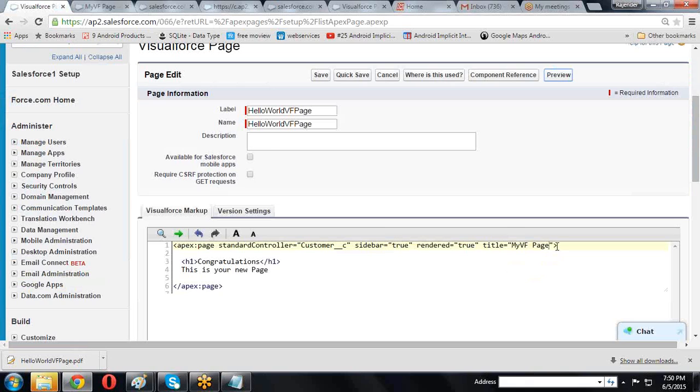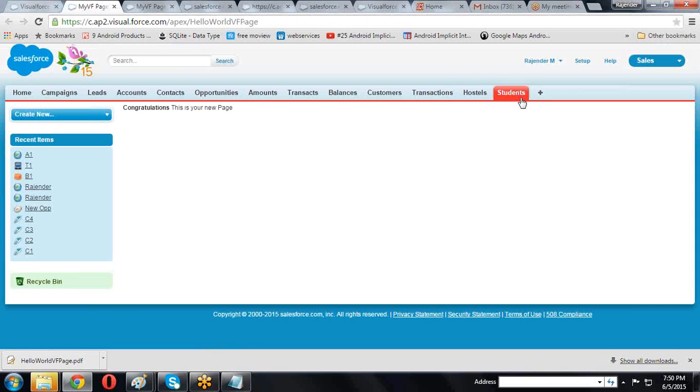Now, tab style. I'm creating student__c as the tab style. You are using the controller customer, but the tab style is student; tab color and style are required.